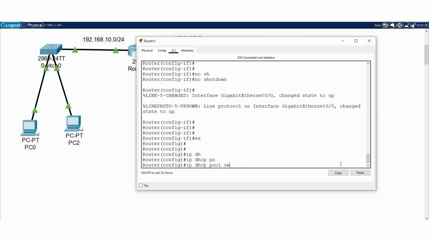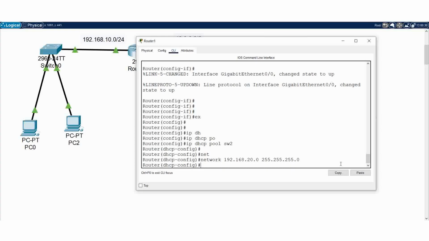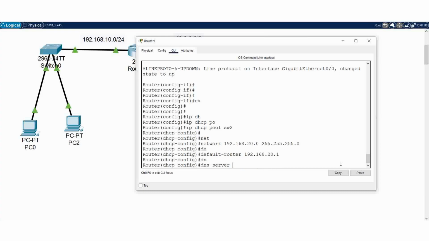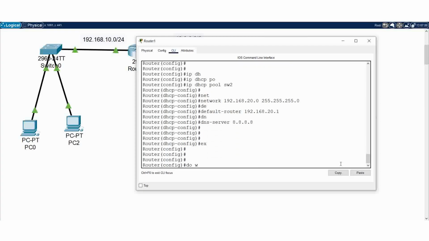then for switch 2 then network 192.168.20.0 then again 255.255.255.0 then default router 192.168.20.1 and DNS 8.8.8.8 ማለት እንችላለን ማለት ነው። ይህን ጨርሰናል።